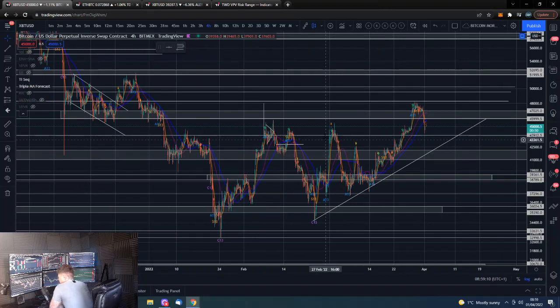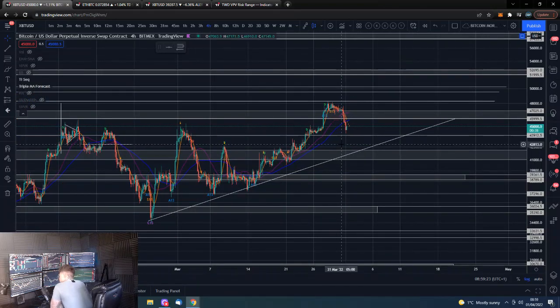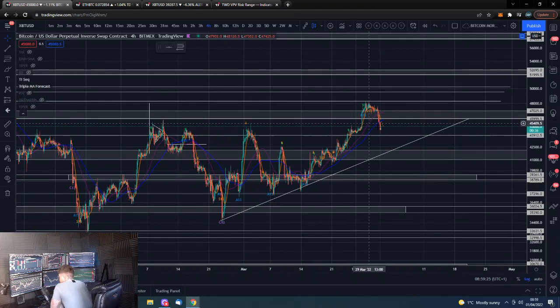We could actually draw this as an area. I think I said this in a few videos ago, but I didn't want to draw too many areas in here. But yeah, you can kind of see this area, the lower part of it here, the upper part of it here. That is where we are attempting to bounce. So yeah, this is a great place for us to bounce if we are going to continue on with this